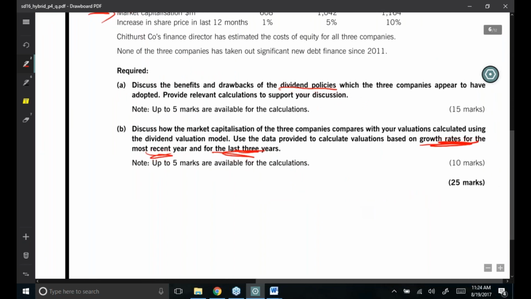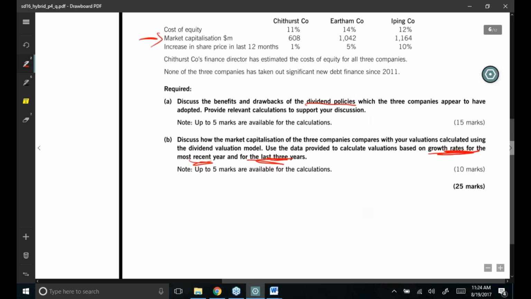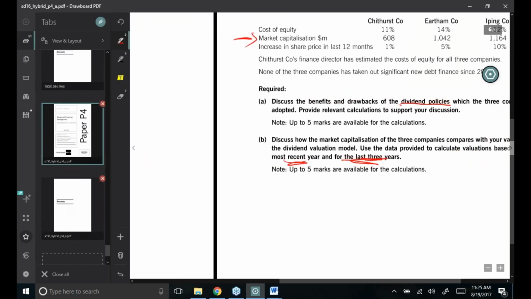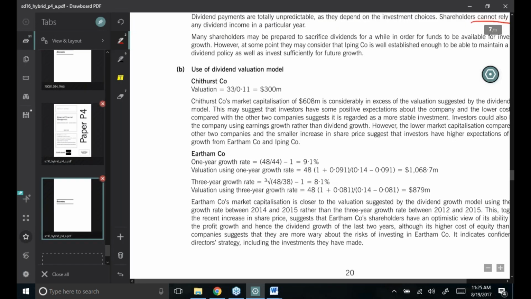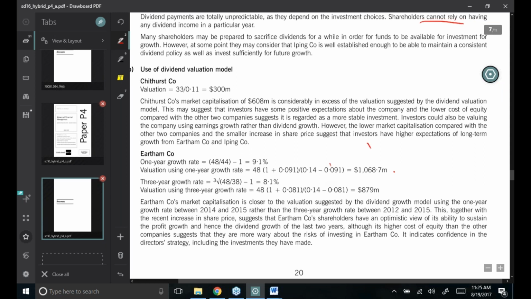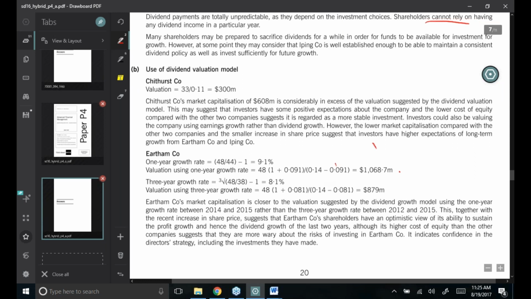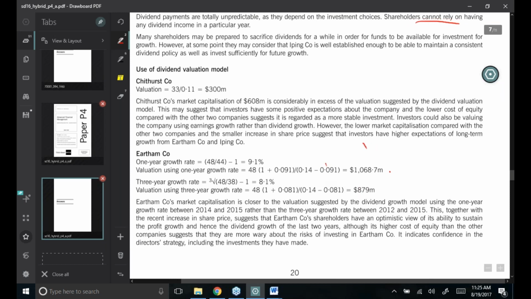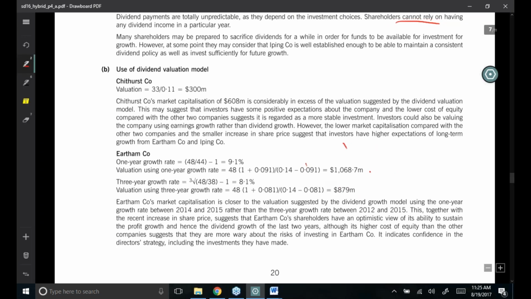You need to calculate your value according to the 1 year growth and last 3 years growth, and then you will compare your answer with the given market cap. So let's see the valuation of